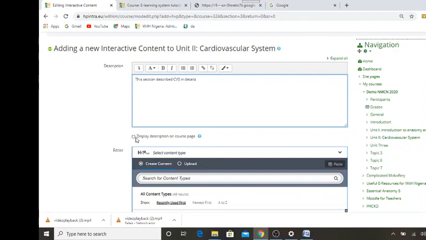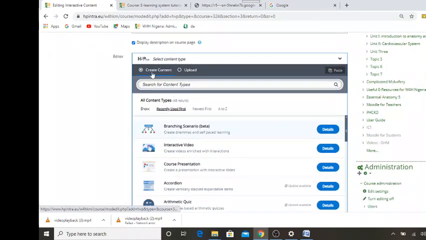So if you want to display the description at the course page, you can tick the box to display description at the course page. I'm going to show you how this appears later. So I'm going to scroll down. Can you see here? I'm going to choose the